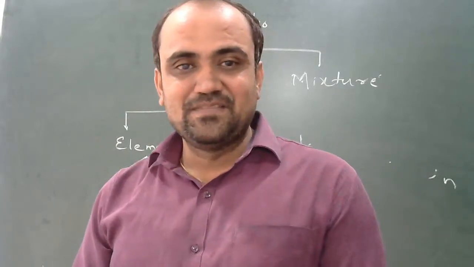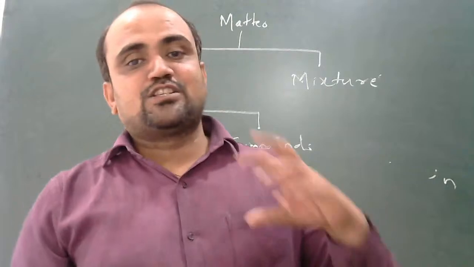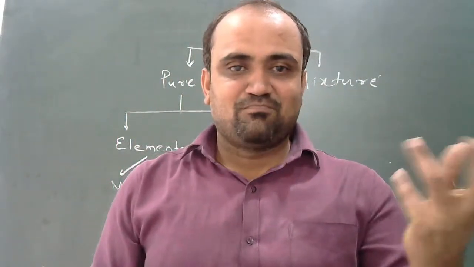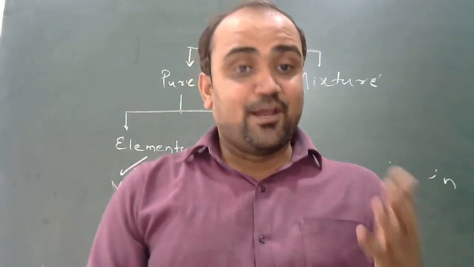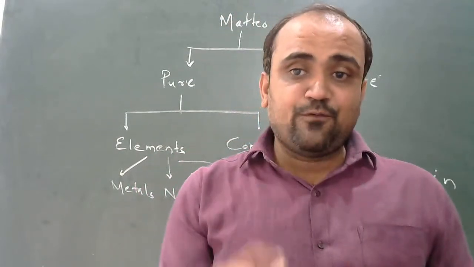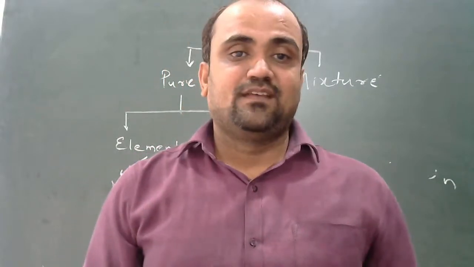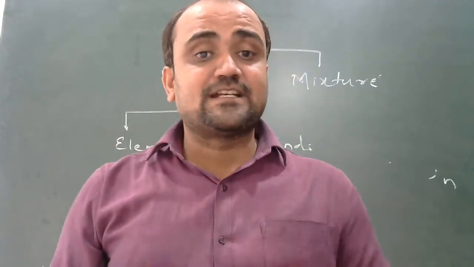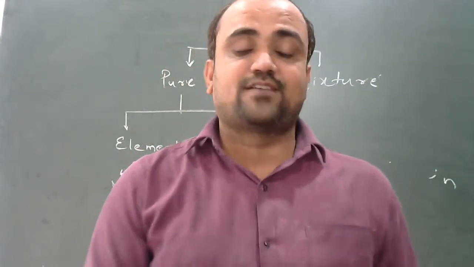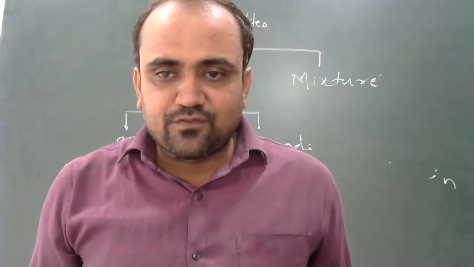If we say metals are lustrous, iodine has luster, which is a non-metal. There is an exception in every physical definition of metals, non-metals and metalloids. Therefore, what we have to do,